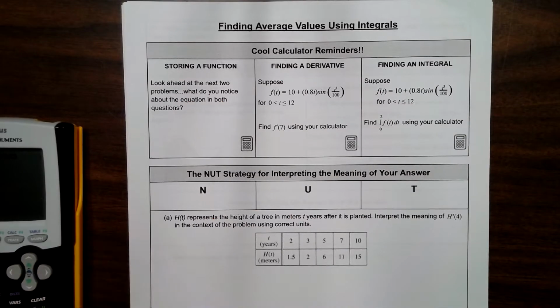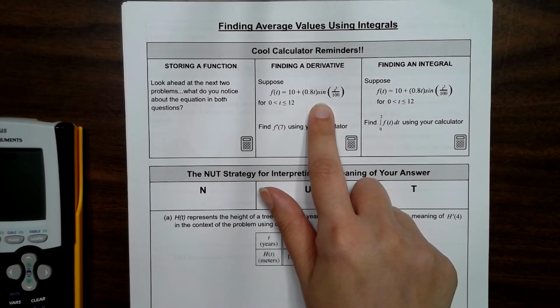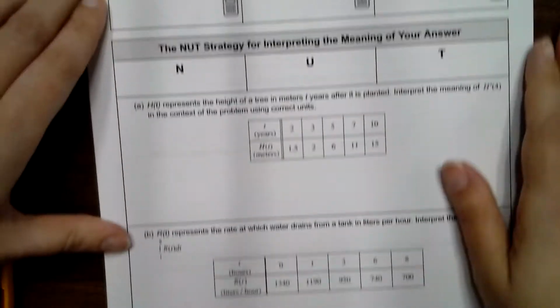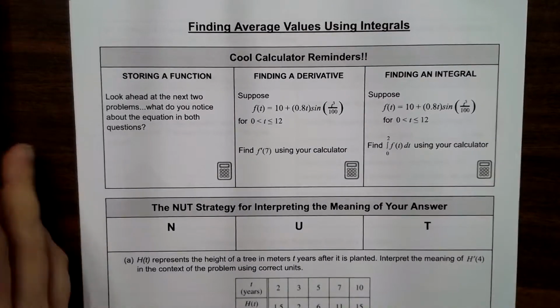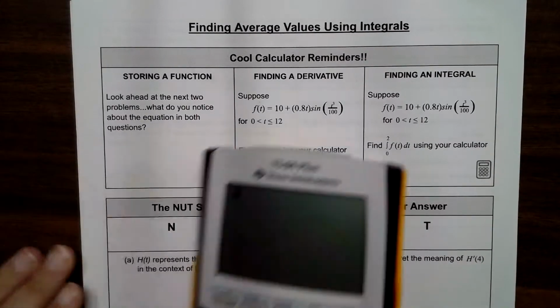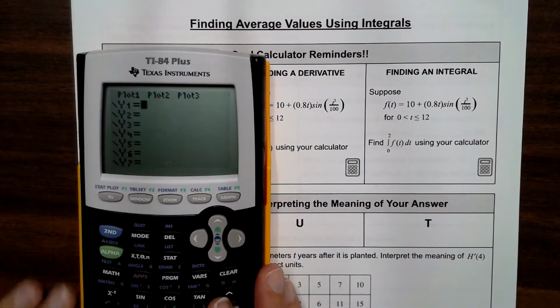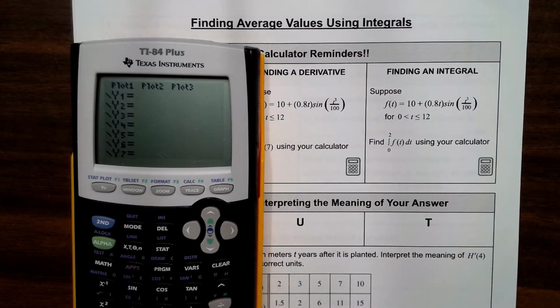So let's say that I'm doing a problem on the AP test and I look ahead and I go, wow, this is kind of a long equation and I'm going to be using it more than once. I'm going to be using it to find a derivative, to find an integral, and I might be using it to look at a graph. I want to avoid having to type it in more than one time. So what I'm going to do is on my calculator, go to the y equals, which is where I type in functions to make a graph, and type in this equation one time into